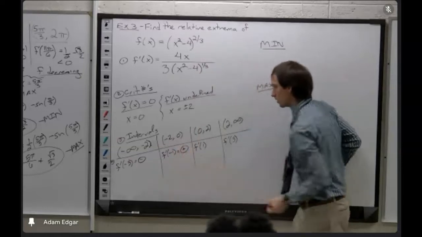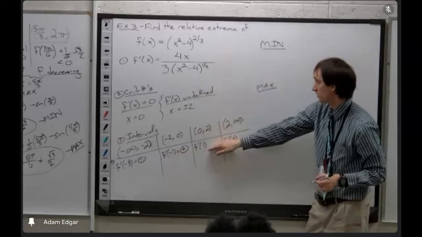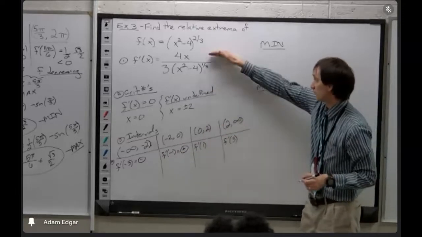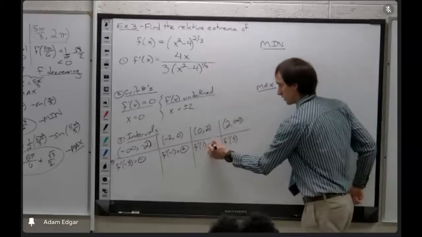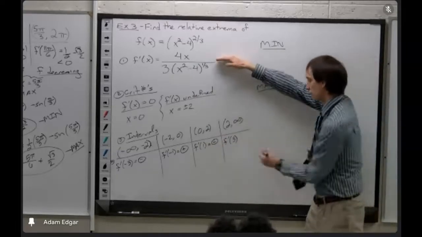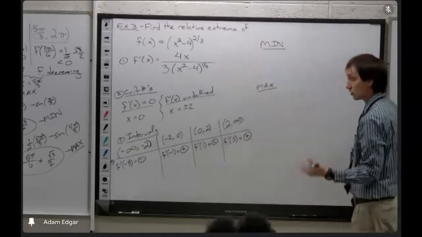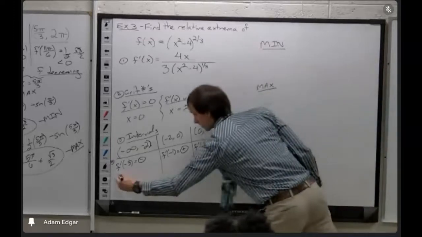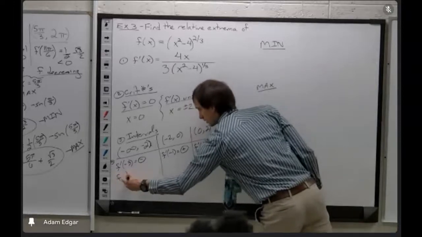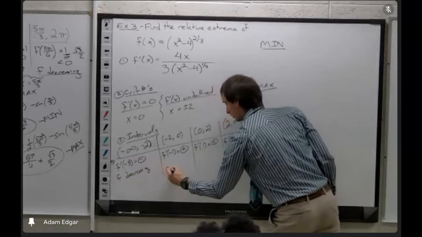For positive 1, is your derivative positive or negative? I think it's negative, because now it's a positive over a negative. And then for x equals 3, positive or negative derivative? I think positive, because now it's positive over positive. So f is decreasing, then increasing,